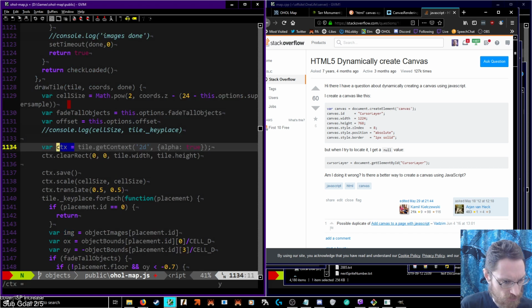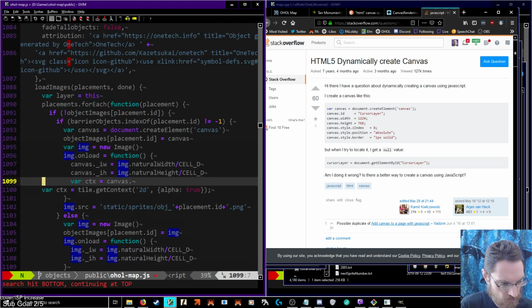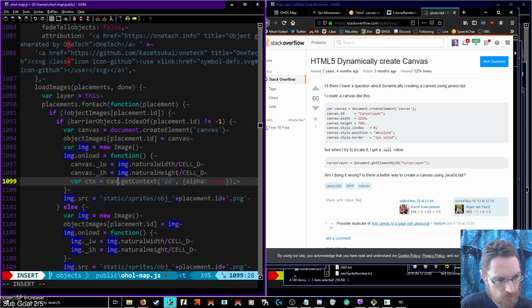Get context. Oh, there are some other images. That's kind of a default option, but